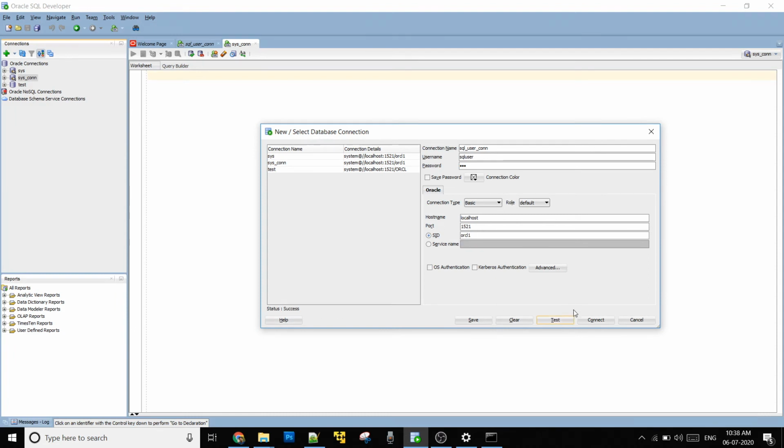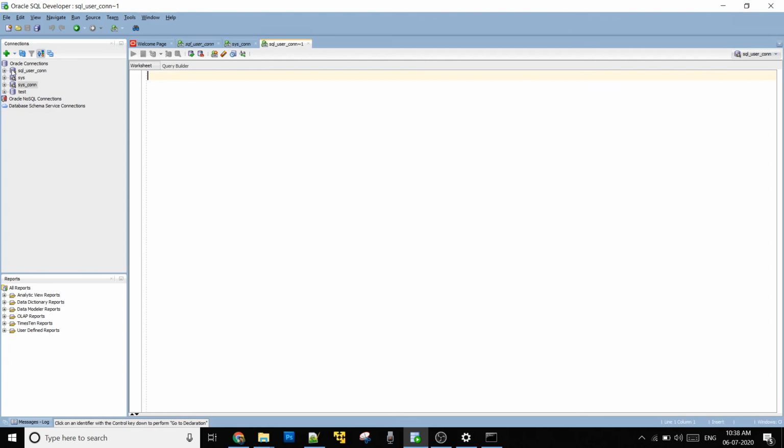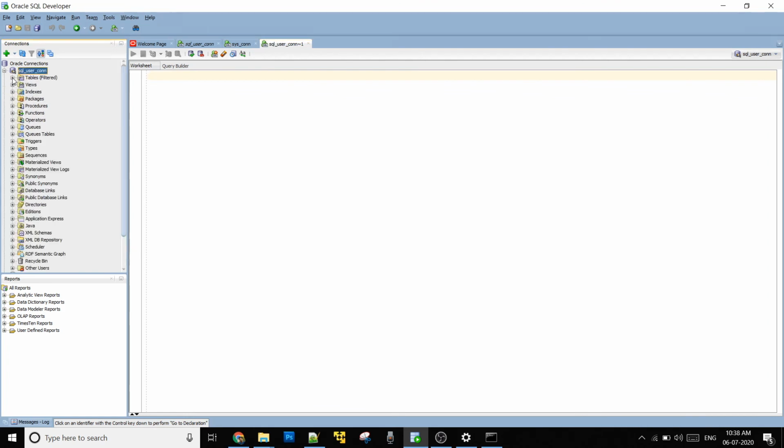But if not, just change the listener from XE to ORCL1. Now this is the global database name that we entered while setting up the database. You will get a success message, and click on run. Congratulations, you are all ready to perform database operations now.